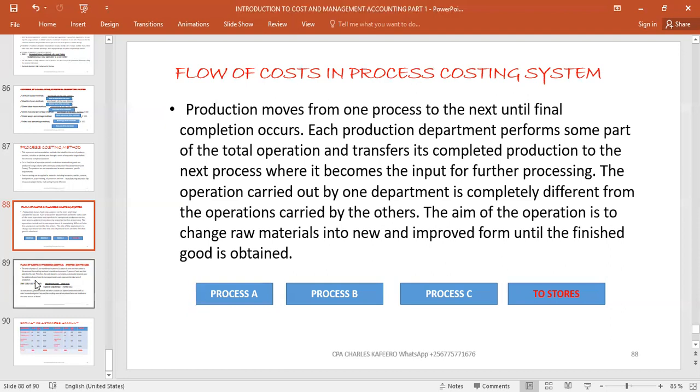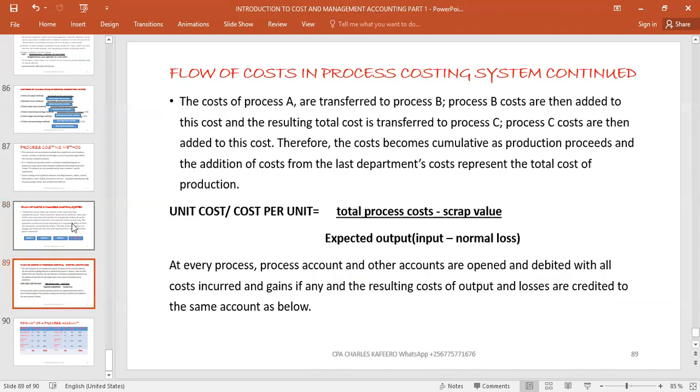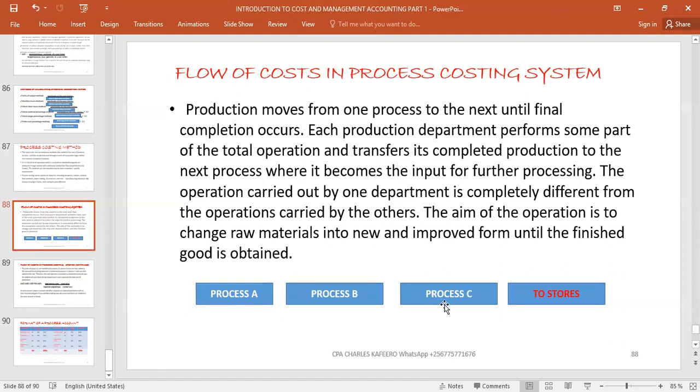One, when you're doing production, we expect that if, let's say, you enter 10,000 units in production process A, we don't expect that we are going to be getting exactly 10,000 as output, because we expect that there are some normal losses that may occur within,